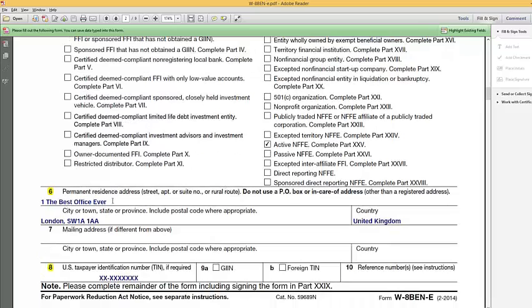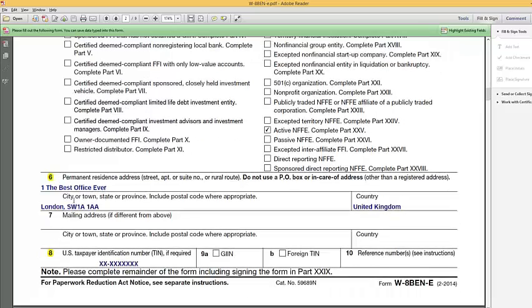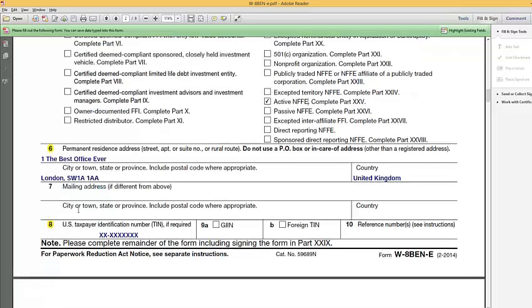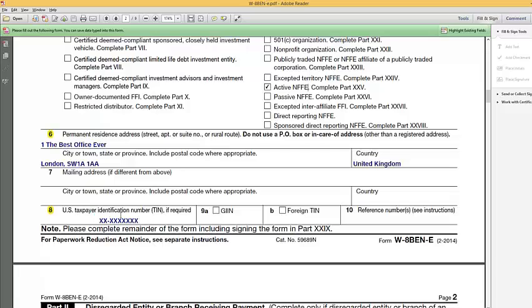We move down to number 6. Just fill in your address. And then number 8. Now this is an interesting area as well. What you need to get here is the EIN number. And to get the EIN number, you fill out a form called the SS-4. And when you fill it out, you don't actually need to submit it. You just call this number, and it would be +1 or 001